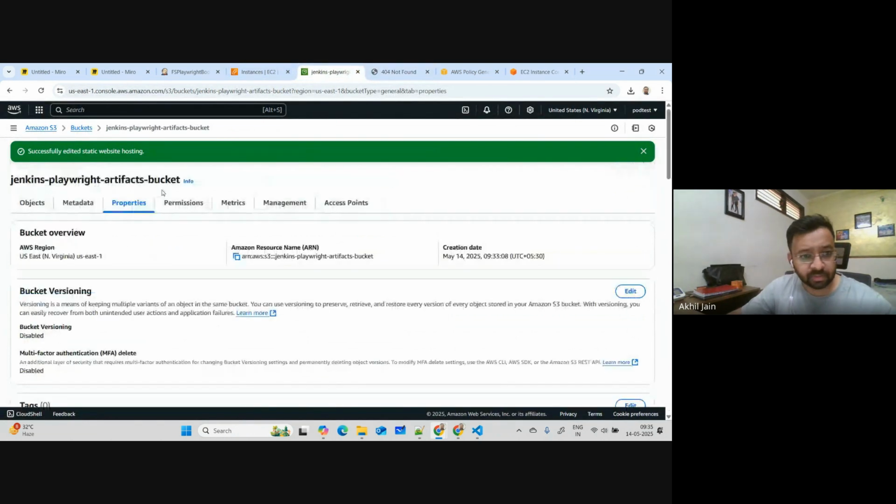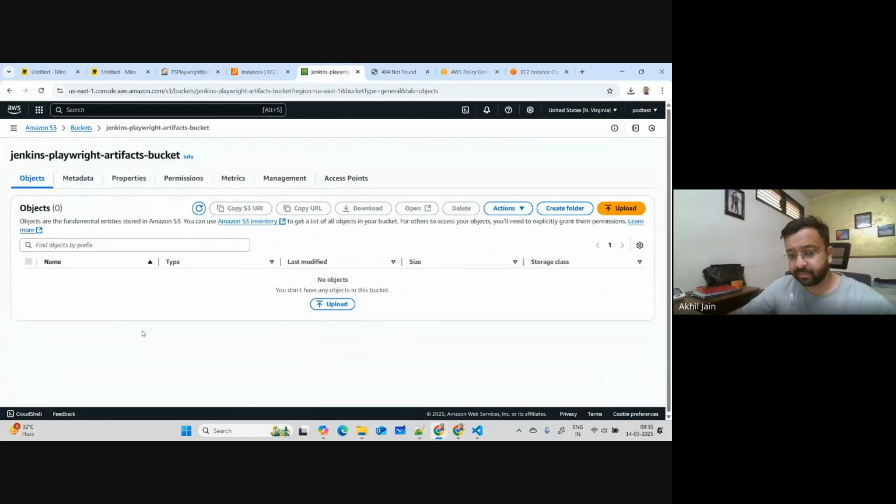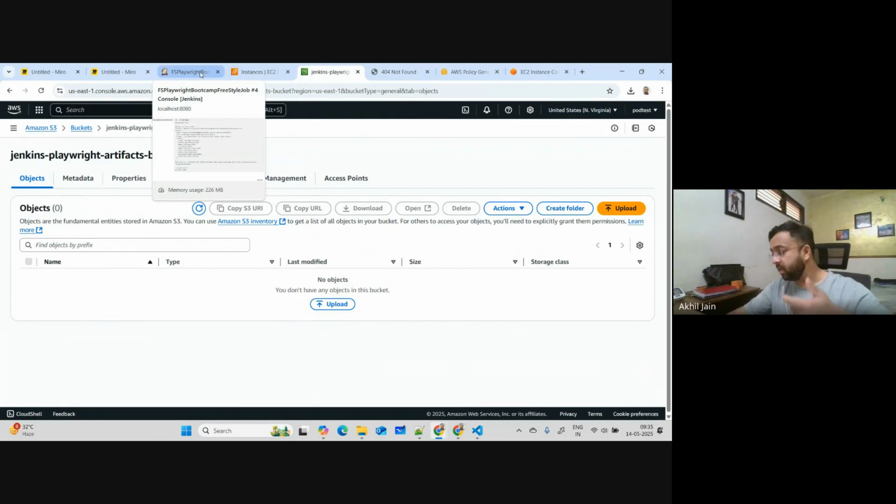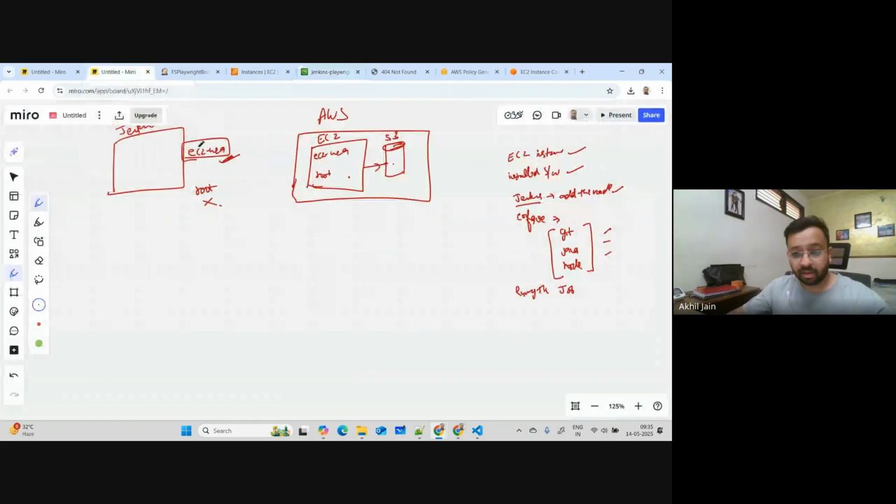Why? Because this bucket is currently empty. It does not have any objects. One last thing is I have to create an IAM policy also to attach it to EC2 so that EC2 can send the artifacts to the S3 bucket. By doing all this, I just prepared an S3 bucket and enabled static website hosting, and it gave me